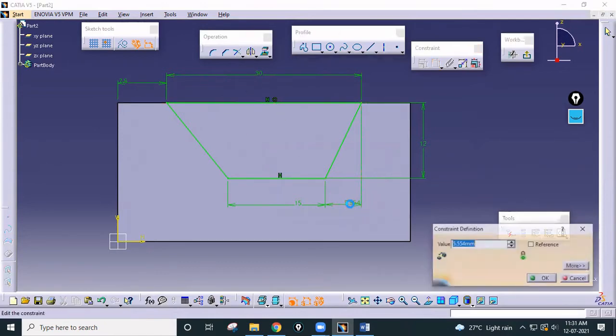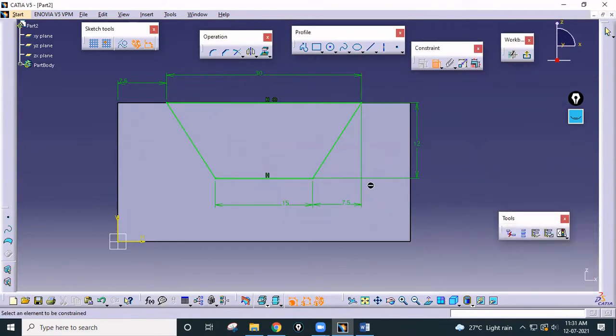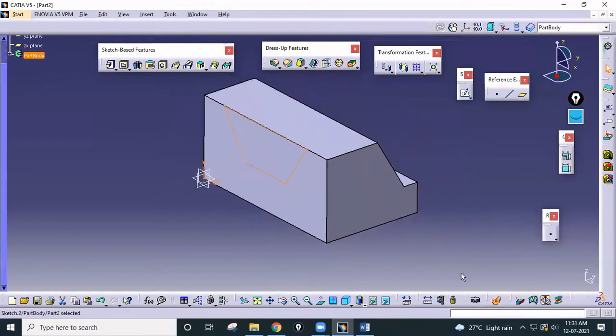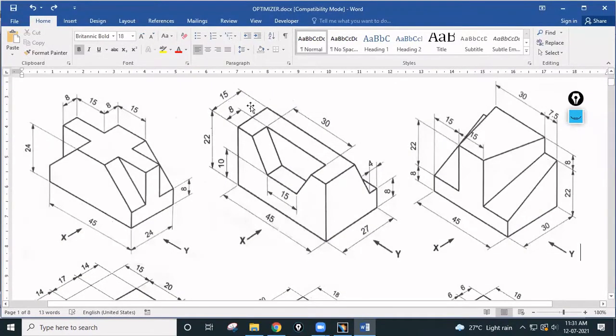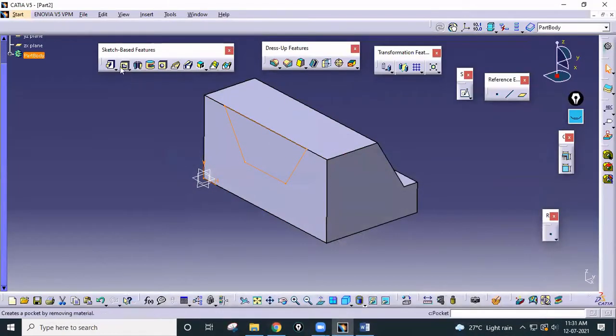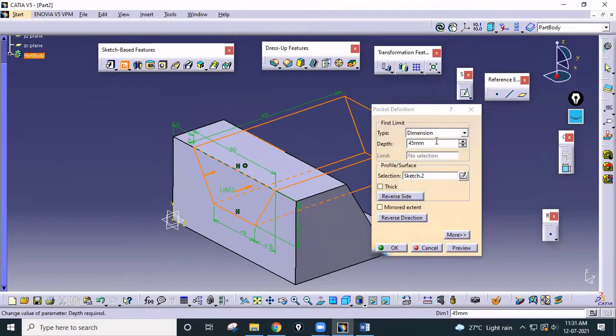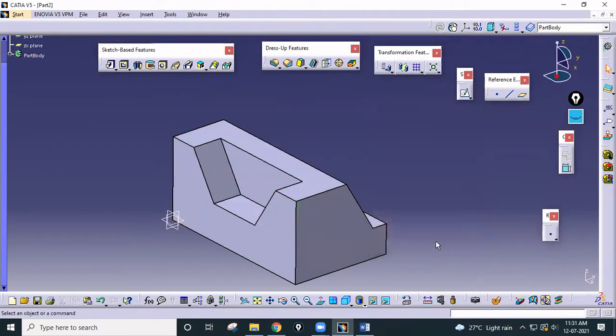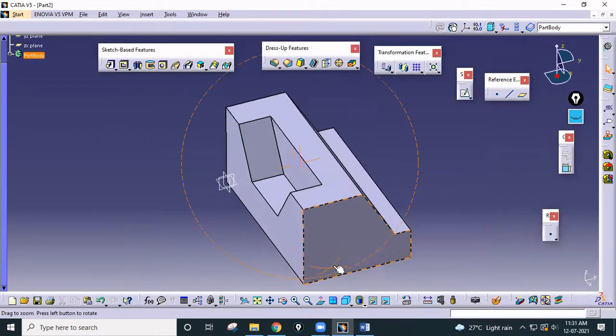Okay, correct. So this one is 7.5 only. Okay, so this is a fully constrained sketch again. Then you have to pocket it by, just check the depth, it is around 8. So just go here and make it 8 mm. Okay, so this is our second part.